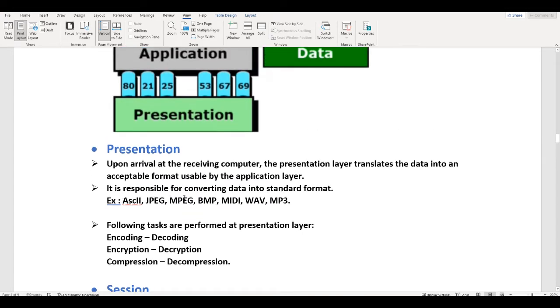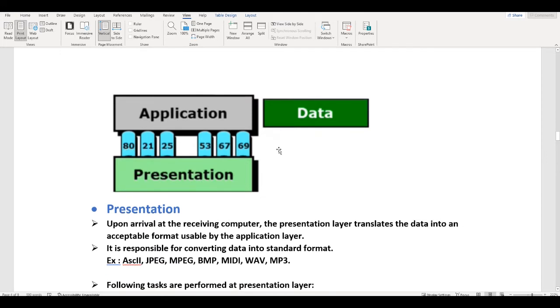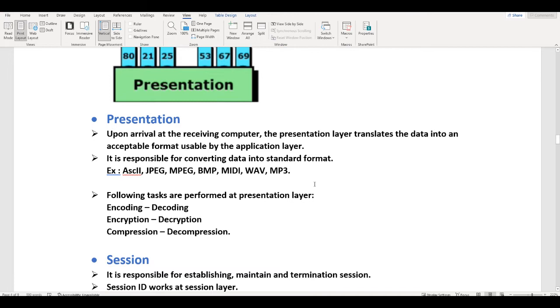It is responsible for converting data into a standard format. So the application will be receiving the data in the form of ports, right? The presentation layer will help the destination computer by converting this data with port numbers into a standard format. The data can be a JPEG image, website HTML, or an MP3.